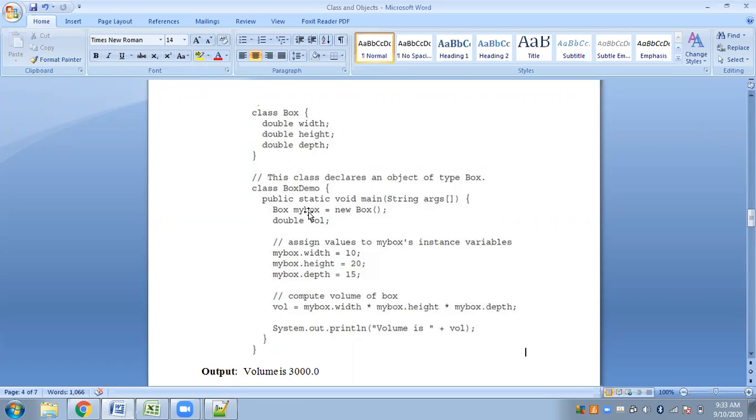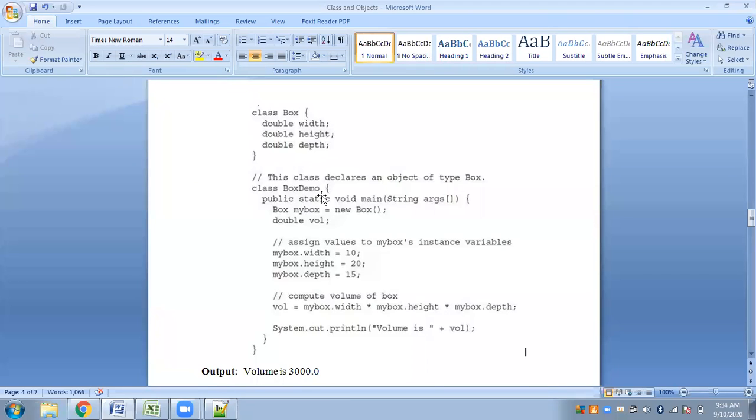Please remember this. Here I want to communicate with the box class to get access to the width, height and depth variables from the box demo class. So the box demo class needs to communicate with the box class, and how will the communication take place? Classes do not directly communicate. It is via objects that classes will communicate.